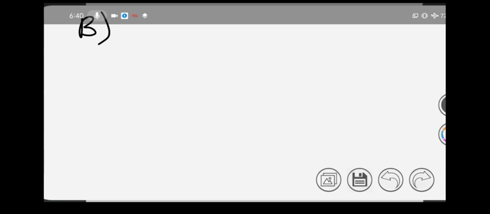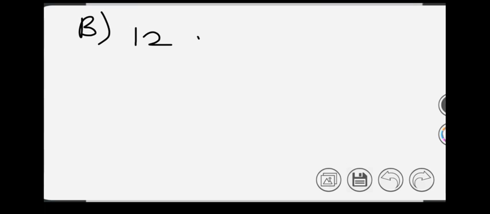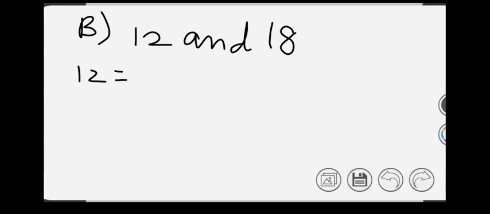Let us take now 12 and 18. So we will be finding the highest common factors for the number 12 and 18. So similarly, like we did the last question, we will be going to do this. So here we are going to list down the factors for the number 12. So let's see in which table number 12 comes.